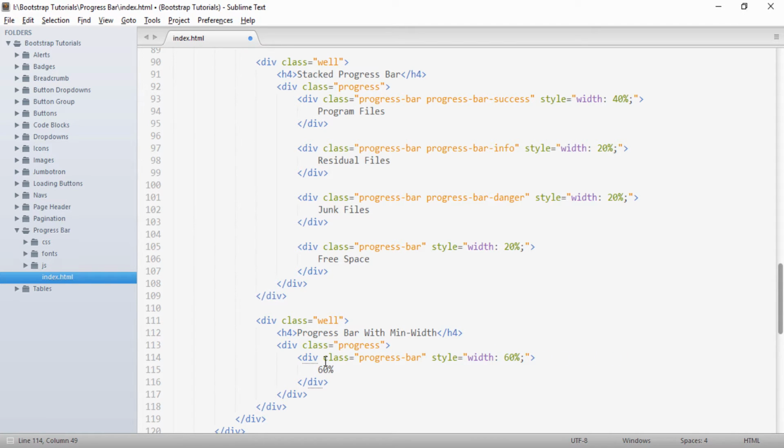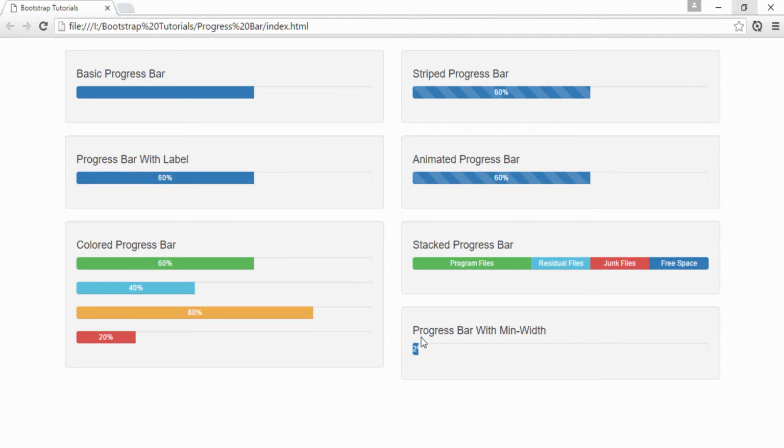Friends, suppose our progress bar is progressed to say 1% or 2%, so let's say I give it as 2%, and I give it text as 2%, and if I save it and go to the browser, you can see that the progress bar is progressed to 2%, but the label is not visible.